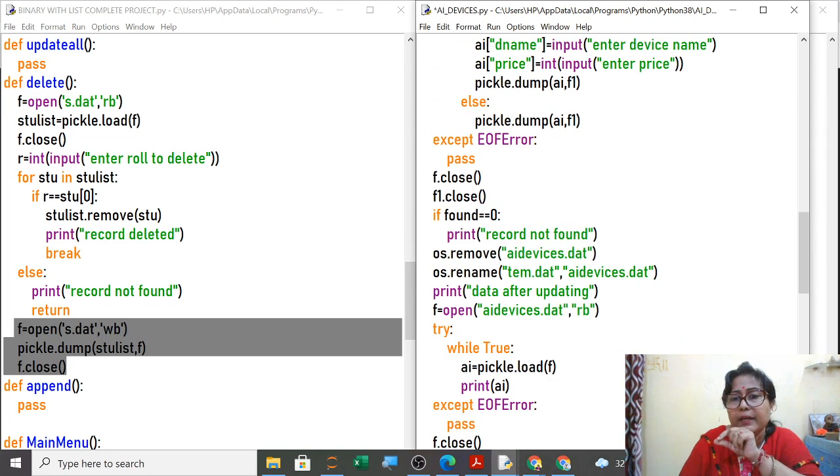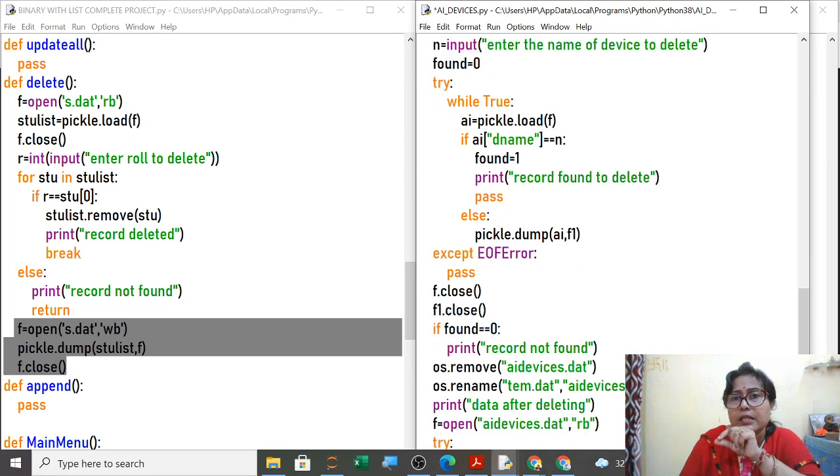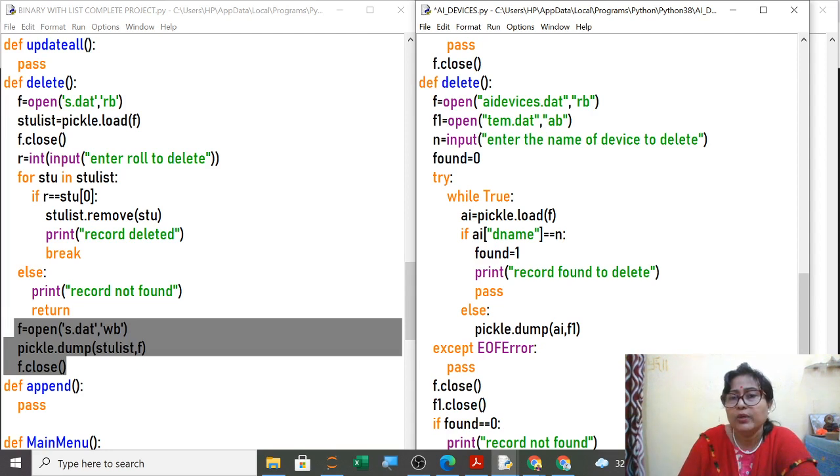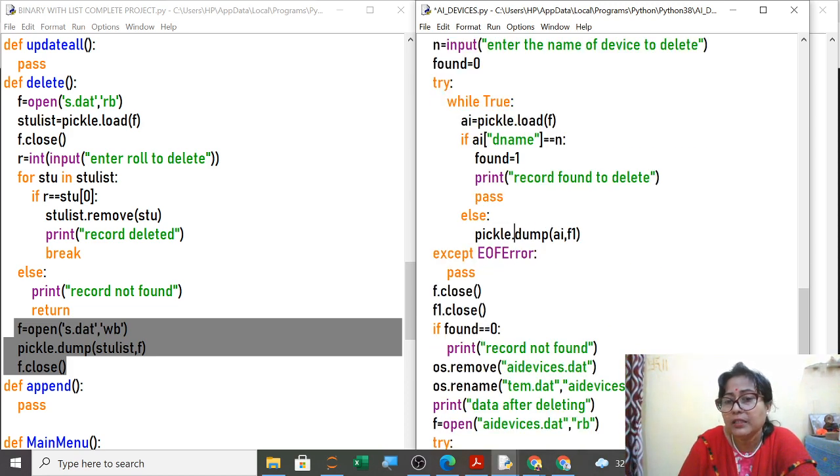Here you were opening a temp file, and everything is the same: you were accessing the records one by one, using while true for loading one by one and then checking. If it matches, you pass it and do not write it to the file, and then you rename the file. So this is one method and this is the second method.